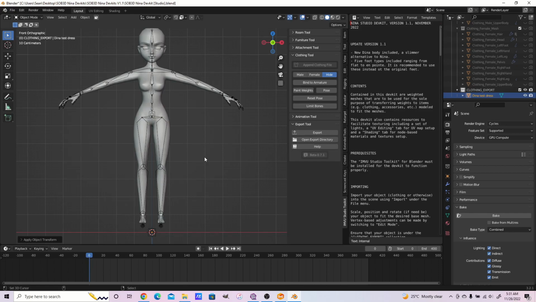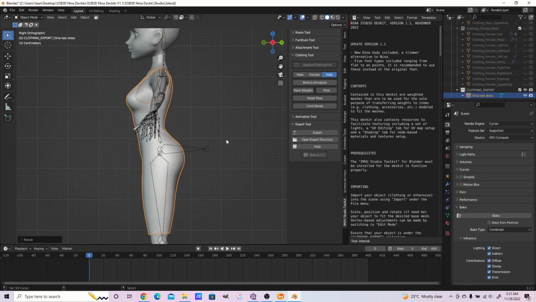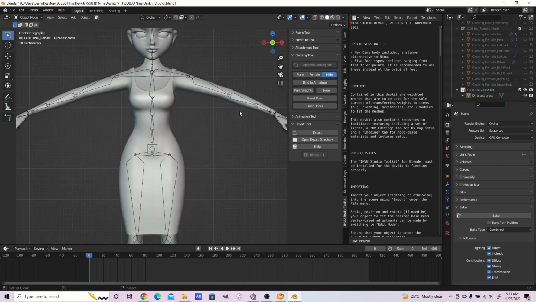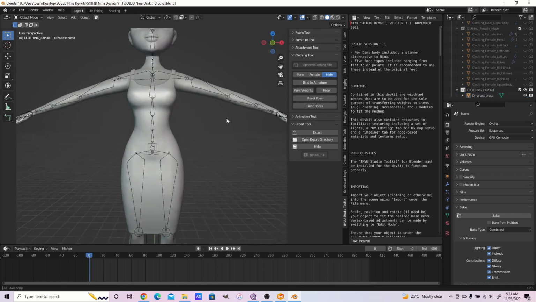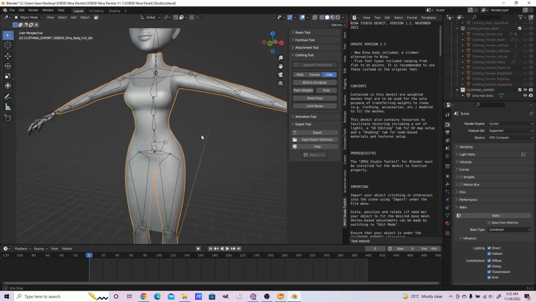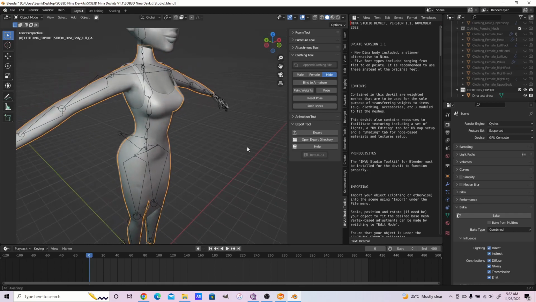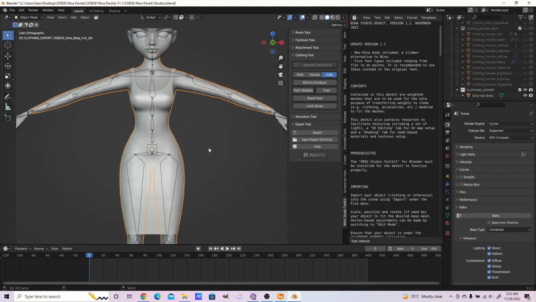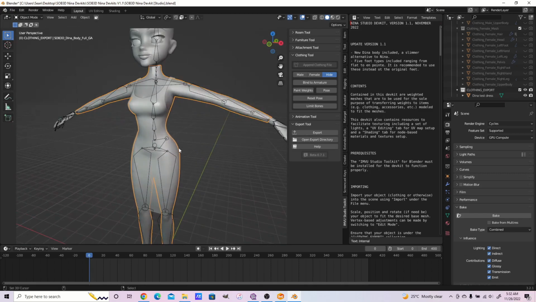Then we press S, 0.01. Okay. And now our dress has been brought down to scale. And that's how you make clothing objects with the Dina dev kit. So now let's transfer weights and get on with the rest of the